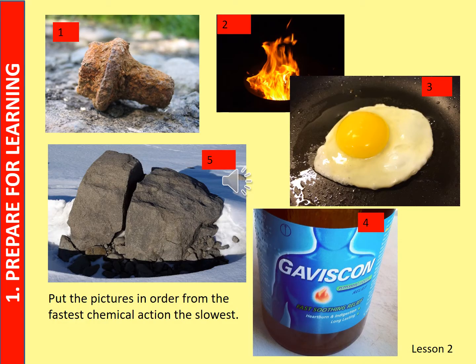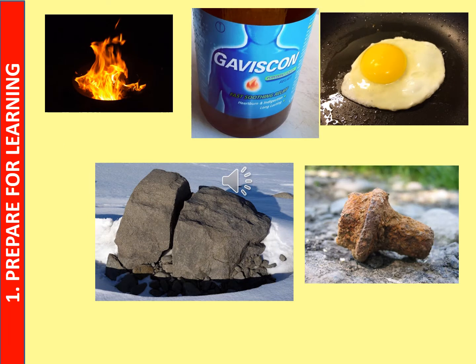This one links into the work that you've been doing on a rate of reaction. Can you put these in order of their rate of reaction from the fastest to the slowest? Did you get the order right? Fire is a fast rate of reaction. Remember that combustion is an example of a chemical reaction, as once you've burnt the products you can't get them back. Gaviscon is used to treat heartburn, and once the alkali, which is what the Gaviscon is, mixes with the acid,